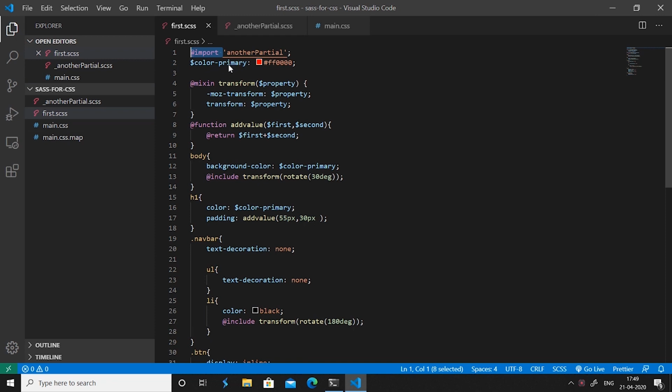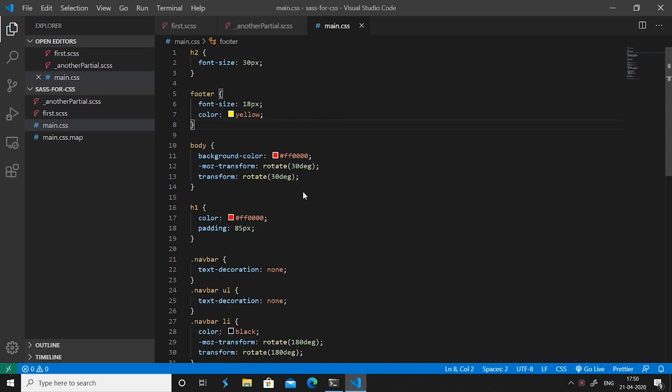The @import directive is of course also available in CSS. However, there is an important difference. Whenever an import statement is used in CSS, an HTTP request is made to the server, but not in Sass. In Sass, the files are actually combined and made up into a single CSS file. So you are actually serving a single CSS file to the web server and thus not affecting the performance.